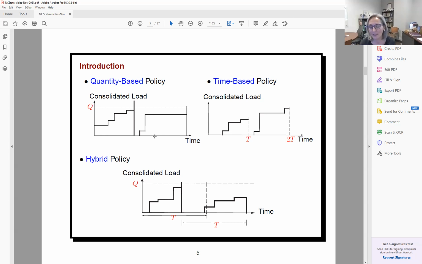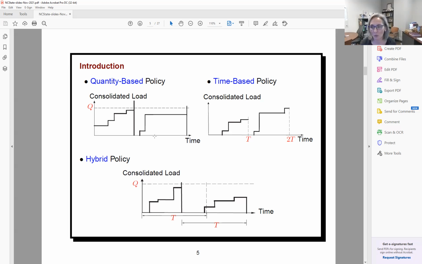However, you cannot guarantee that within the time threshold, you are going to accumulate a sizable dispatch quantity. You don't know if you're going to fill 25% of your truck or 75% of your truck under a time-based policy. So the main advantage of a time-based policy is that you can quote the delivery time, you can achieve timely service, timely delivery expectations, but you are not sure if you will realize scale economies associated with shipping a larger or desirable load, whatever your load threshold is in your mind.